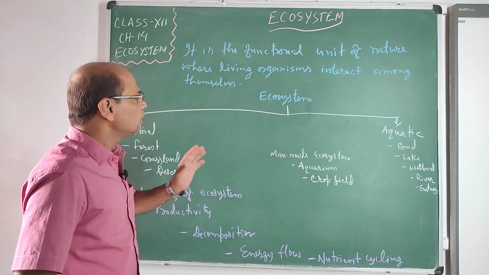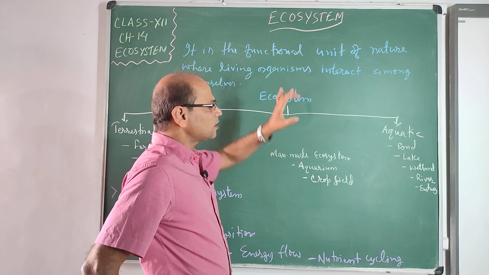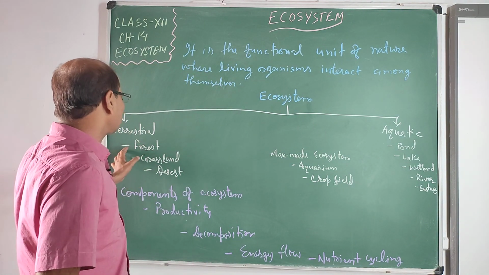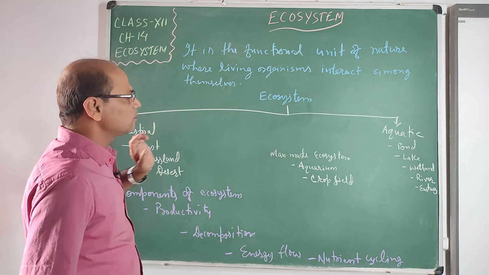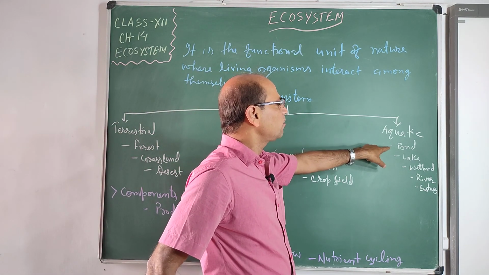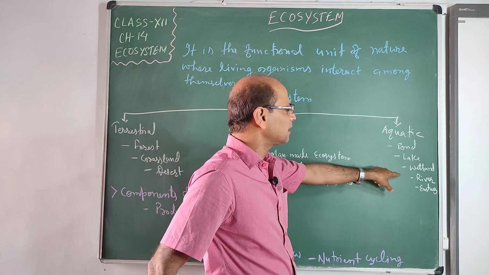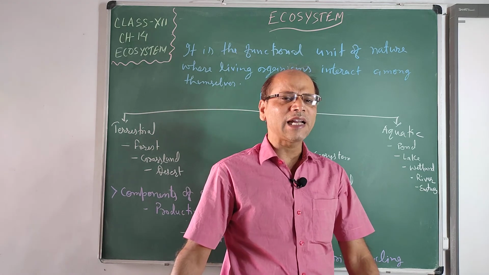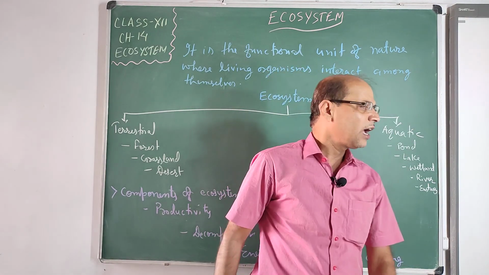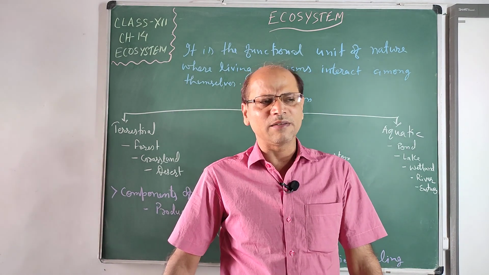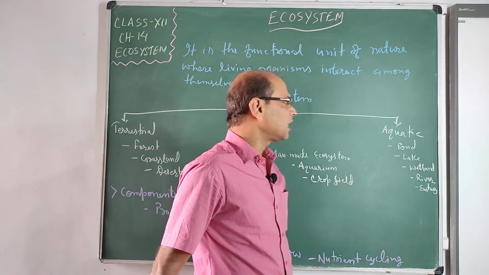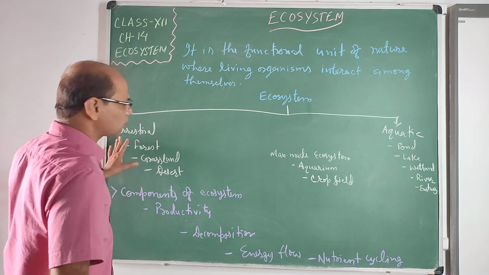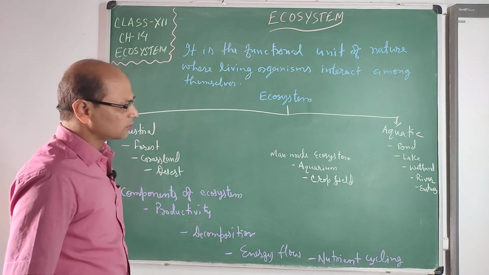So you understood that an ecosystem is either terrestrial or aquatic. In the terrestrial ecosystem, there are forest ecosystem, glacial ecosystem, and desert ecosystem, and the aquatic ecosystem has pond, lake, wetlands, river, and estuaries. They may be freshwater ecosystems, and there is also the marine ecosystem. So we discuss these things, to which the terrestrial and aquatic ecosystems belong.